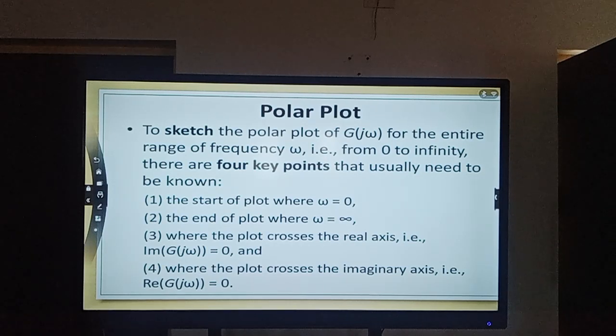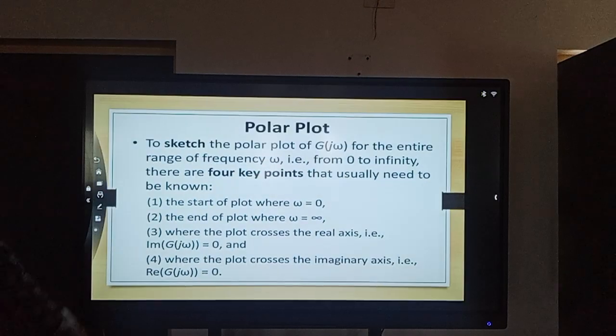So when the plot crosses the real axis, at that time the imaginary axis will be 0. And if the plot crosses the imaginary axis, the real axis will be considered to be 0. These are the 4 key points to plot the polar plots. Okay. And the next is,